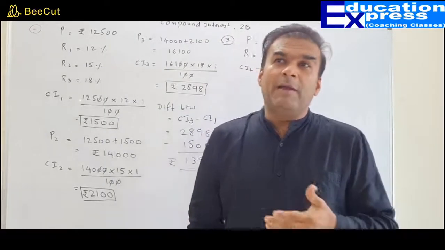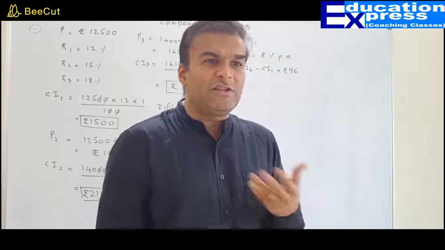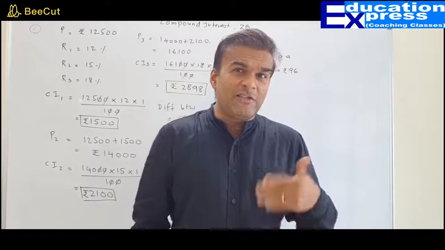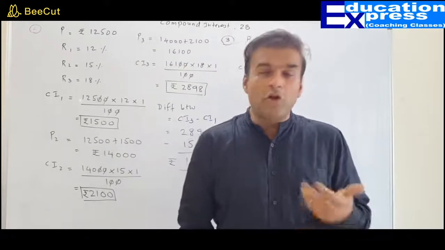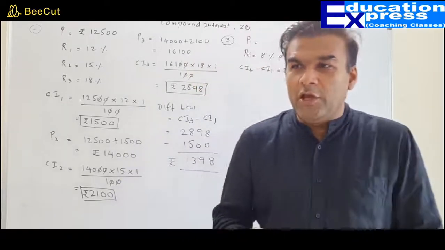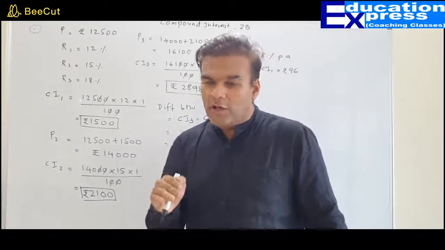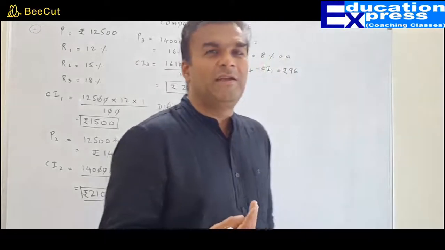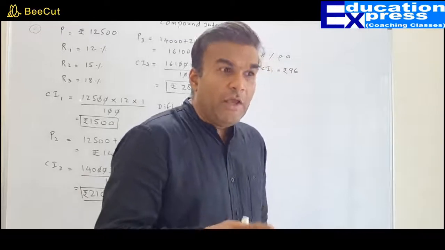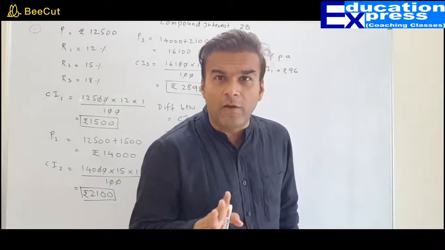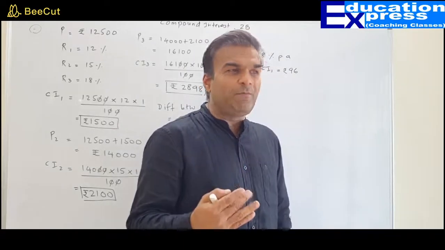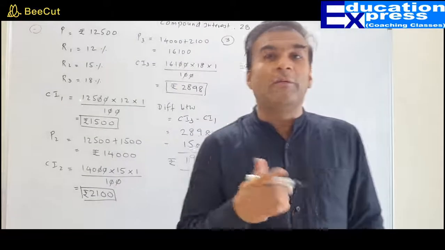Because many a time we find interest on interest for the second year. Because we have assumed 100, chances are that interest for the second year may go in decimals. In order to avoid decimals, in order to make our calculation simple, so that there is a smooth flow of calculation, it is always desirable to take principal as 1000 instead of 100. Even if you take 100, there is no problem. Your answer is going to remain the same. The convenience that we can experience by taking 1000 would be great.